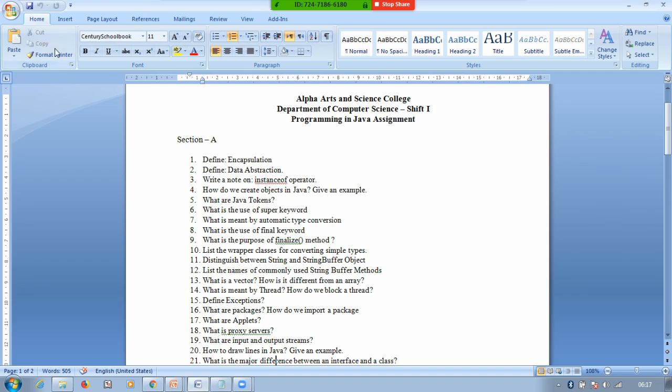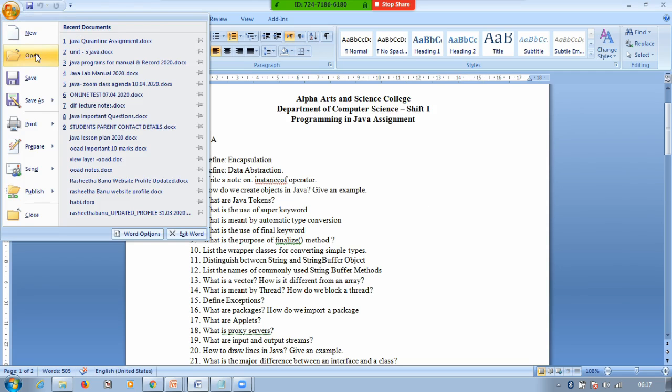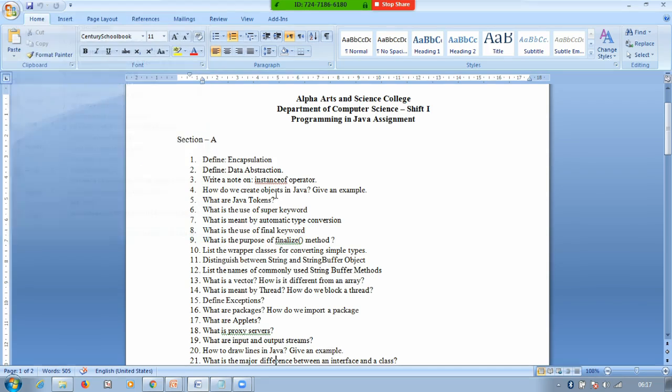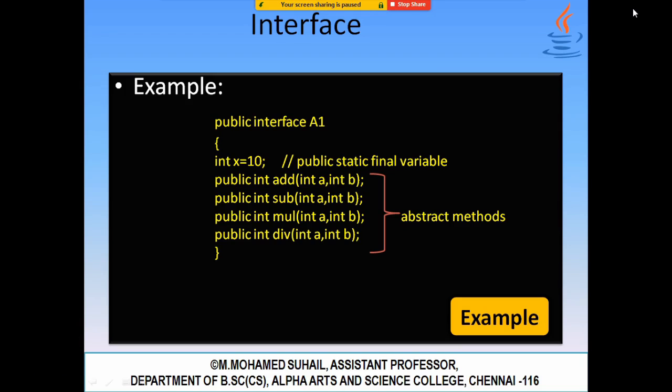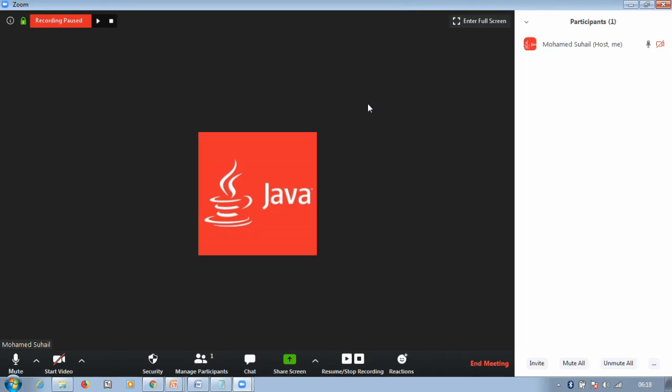If I try to open another document, it is only visible to me; the participants cannot see that. It will show a dark window, a dark color layout there. So this is the difference between the entire screen sharing and this one.